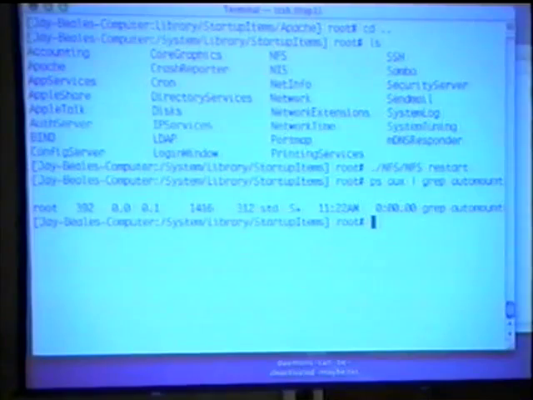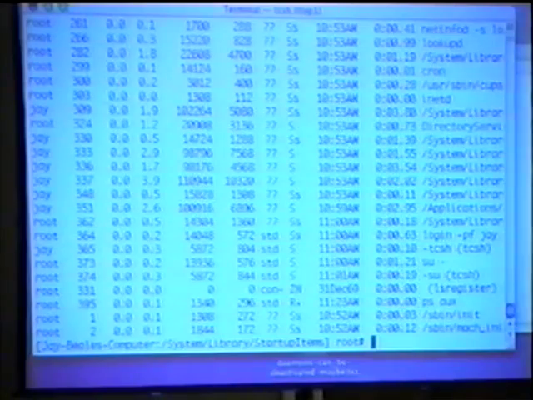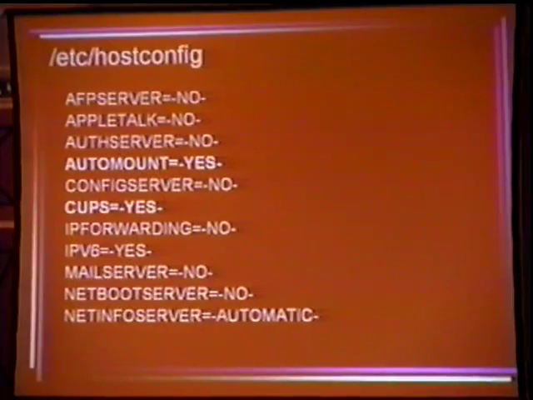What else might we do? You saw in the host config file that I've got up on the slide, we've got cups on. So let's see if we can find our cupsd. The question was, is cups required for printing to a USB printer on the machine? Right, I'm getting ahead of myself, I'm turning something off automatically. As we're looking through this file, we want to take a look at what the variables are referencing and decide whether we need those things or not.